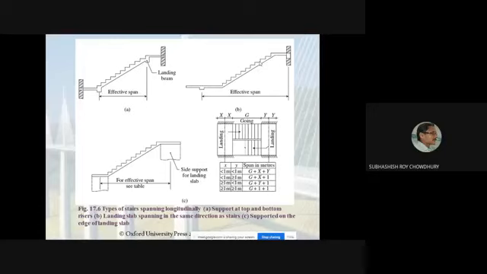In that case, we may consider it normally as a slab which is supported here and here. But in this case, please try to understand, there is no beam constructed parallel to the steps of the stair. So what is that? You may understand from this figure. This is the landing. This is another landing. One is the half landing, another is the full landing, and this is the going part. These are the steps.